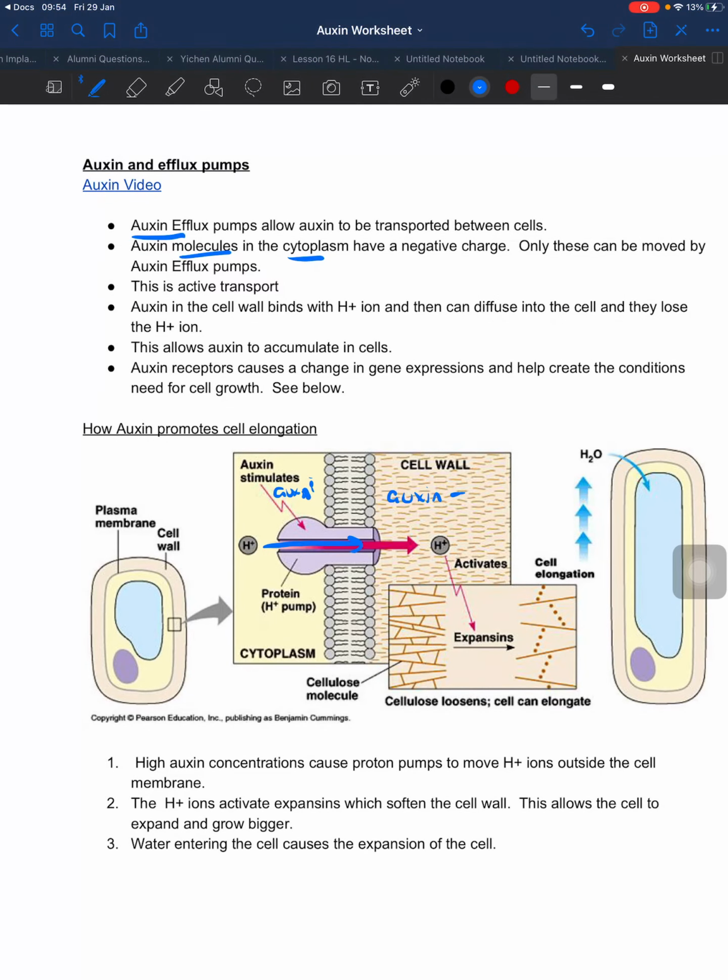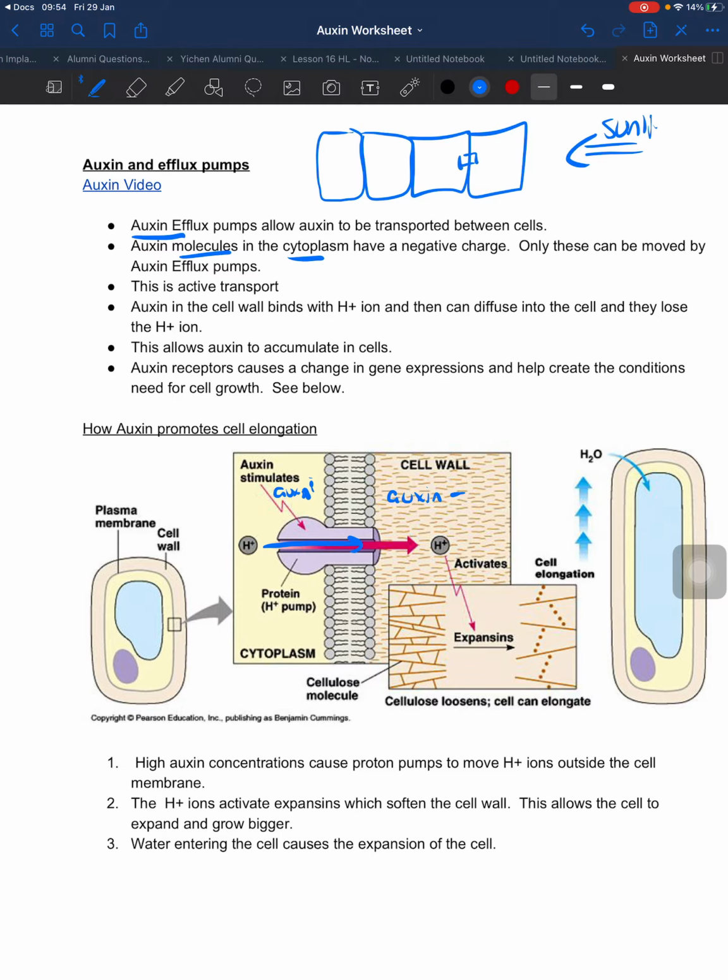Okay, so auxin and efflux pumps. So basically, and this picture is not showing that, but auxin efflux pumps allow auxin to be transported between cells. Okay, and if you think about that, you know that's important. So if you have cells here, and you have sunlight shining through, those pumps are going to accumulate on